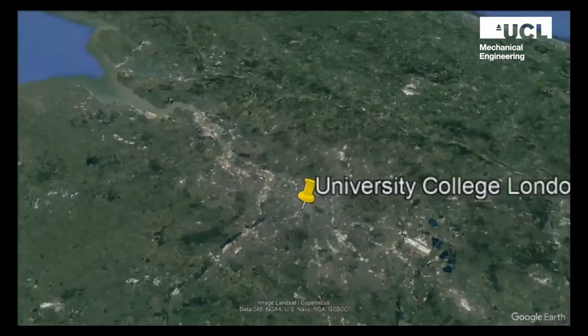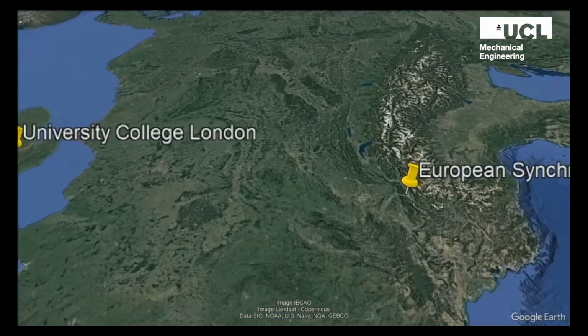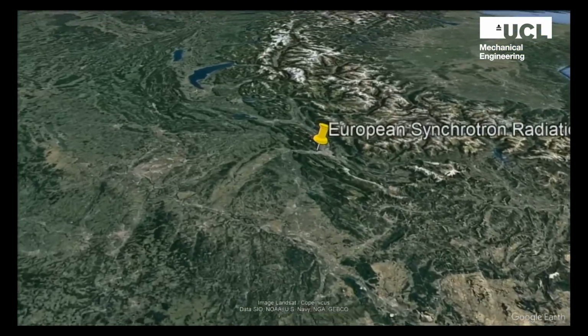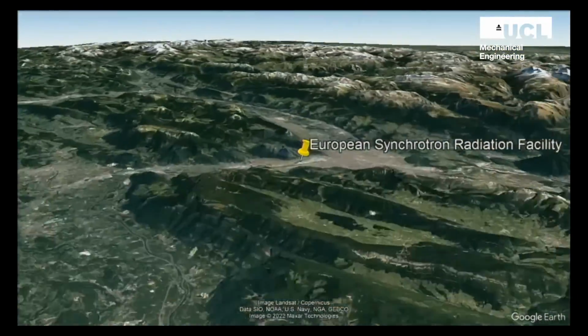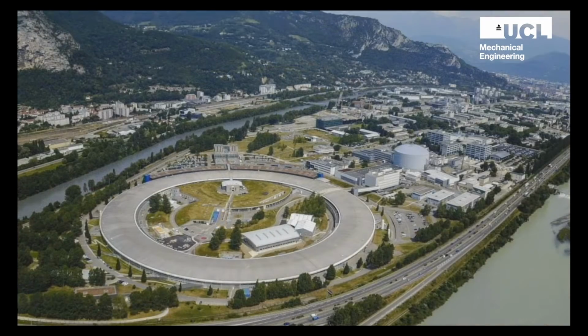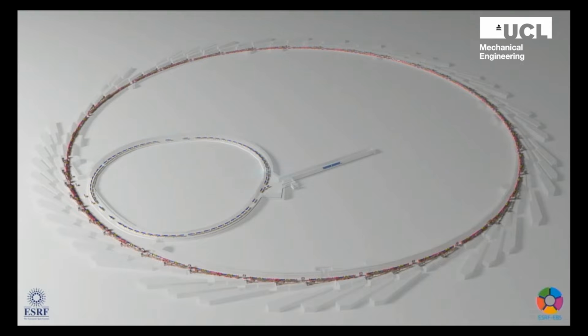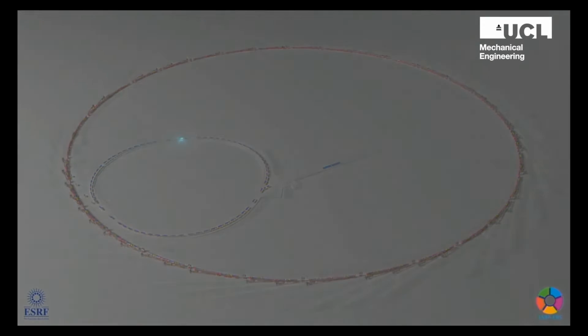COVID can do damage at many scales, including very small. So we came up with a technique, which we co-developed with ESRF, and let's fly out to the European synchrotron and see just how it works. We're going to fly to the French Alps and see something that's bigger than Wembley. ESRF takes electrons and accelerates them under an electric field to the speed of light, or nearly